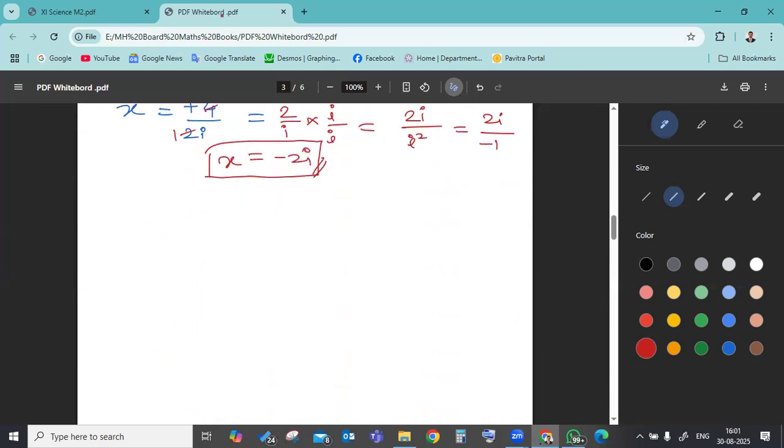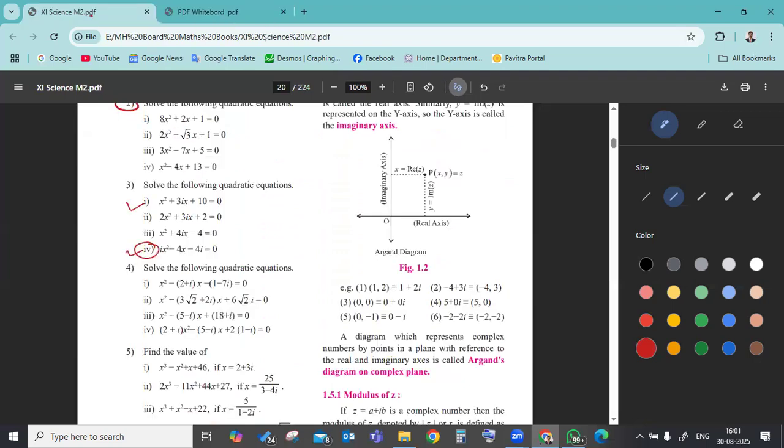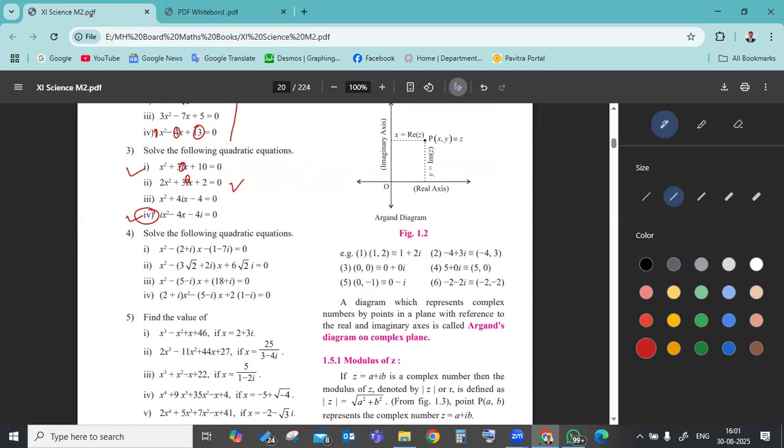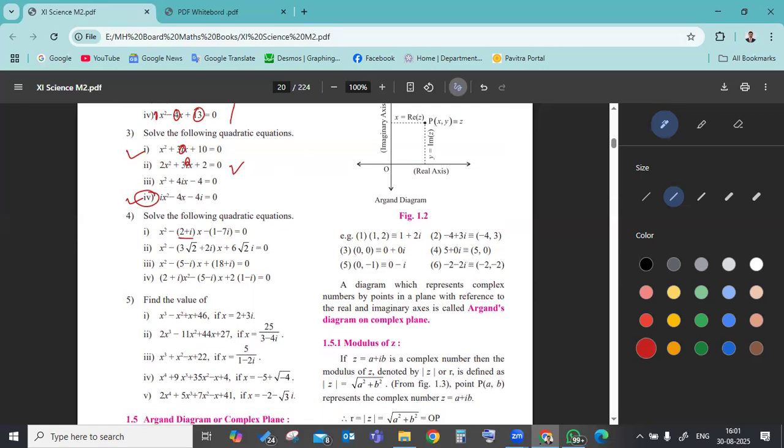Yes. Okay. Let's solve some more questions from question number 3 or question number 4. See, now things are getting complicated. Here in this, all the coefficients are real numbers, but the roots turn out to be complex. Here, the coefficients are also now complex numbers, and a few roots are complex numbers, but obviously. Okay, now here the coefficients are quite